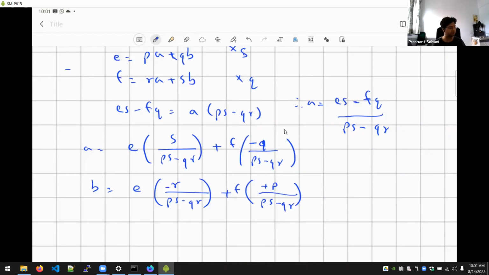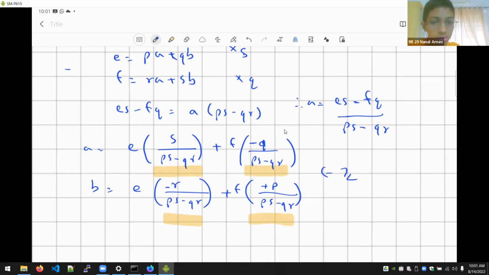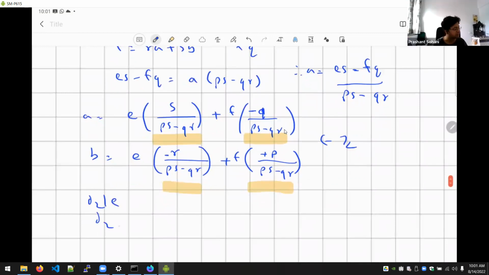So if whatever I've written in the brackets here, suppose all of these are integers, the coefficients I'm talking about. Then can we say that d2 divides d1? Yes, sir. Because d2 divides e and d2 divides f, so d2 is going to divide any integer linear combination of them. So if these yellow highlighted brackets are all integers, then this will imply that d2 divides a and d2 divides b. So does that give some idea what might be the necessary and sufficient condition that PQRS have to satisfy?